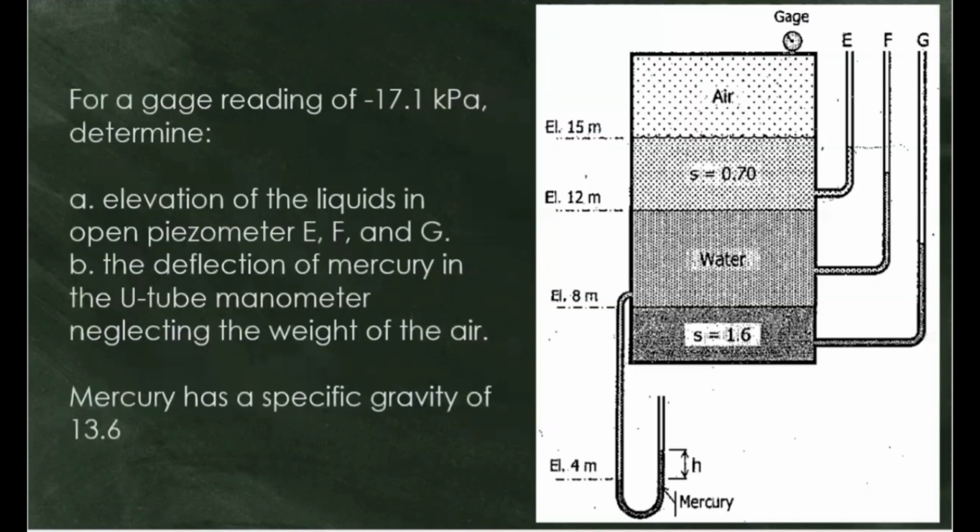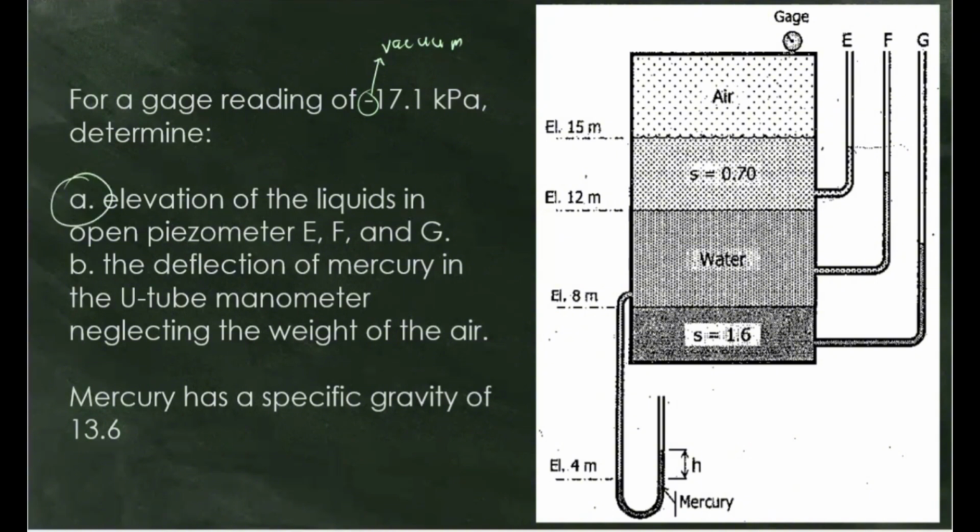So, problem number 4. We have our illustration dito na may kasama na ulit. So, for a gauge reading of negative 70.1 kilopascal, so gauge, no, anong indication nga ito? So, ang indication ay ito ay mababa sa ating atmospheric. So, naka-vacuum, no? Vacuum yung ating reading. So, determine, una, A, the elevation of the liquids in open piezometer